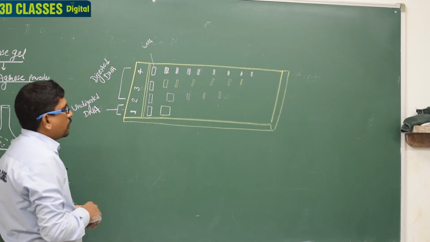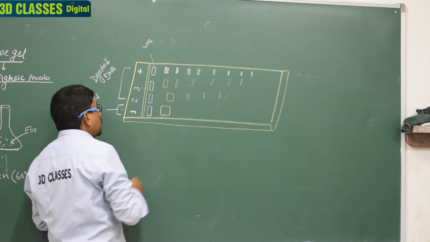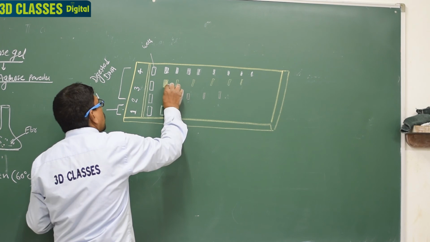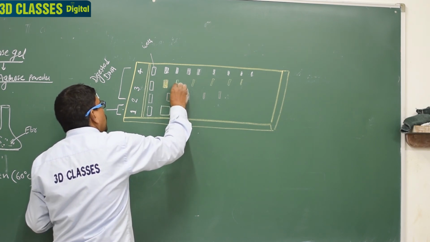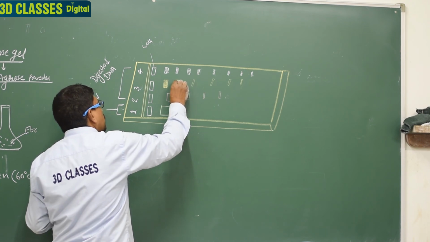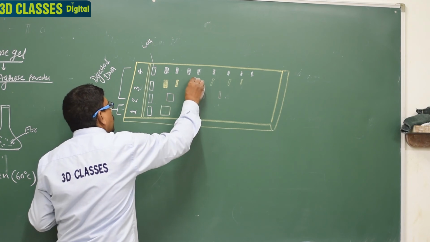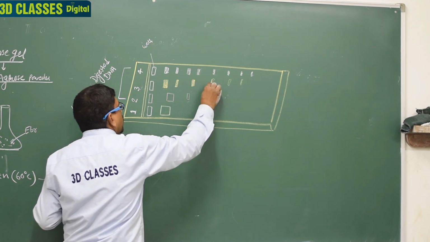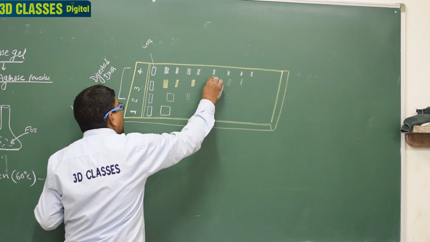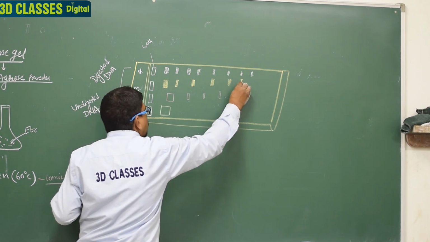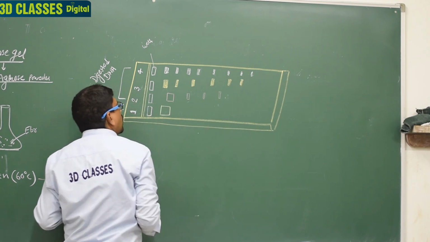So these are the band pattern. We can say these are the bands. I represent these bands here in different colors, but naturally, all the bands are a bright orange color. Clear? They are represented in bright orange color.